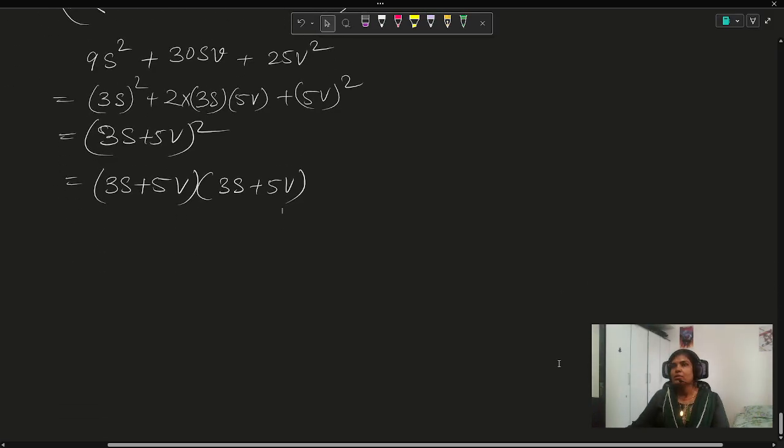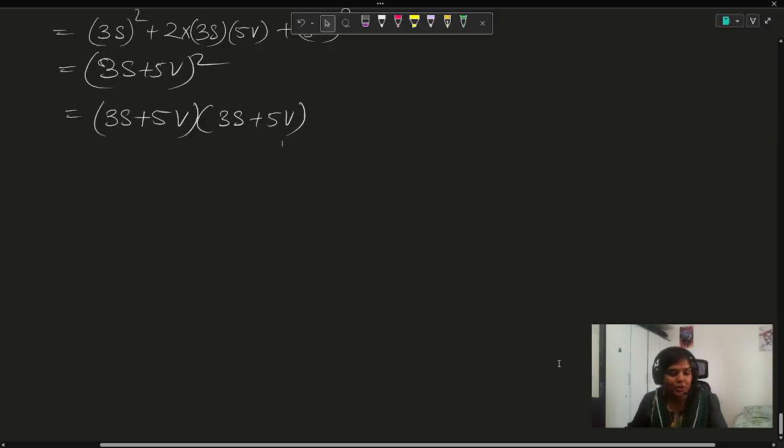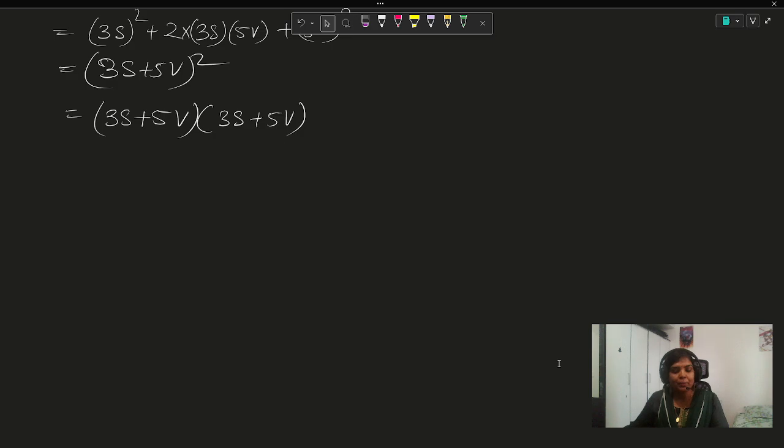Okay, so now let's use another identity. Since these numbers are close to the hundreds or 300s, we calculate them mentally using the identities. The identity you will use is a minus b whole square. Tell me what is the formula of a minus b whole square? It is a square minus 2ab plus b square. So let's start question number 2, the first part,